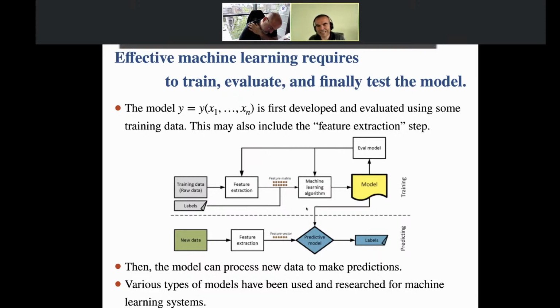So it may be the case that sometimes you develop a model and you realize that it doesn't work, and so you have to go back to feature extraction to reach a good model in such a way that when in the end you have new data, you extract the good features from that data, and then your model works well, and so in such a way that you can make good predictions.